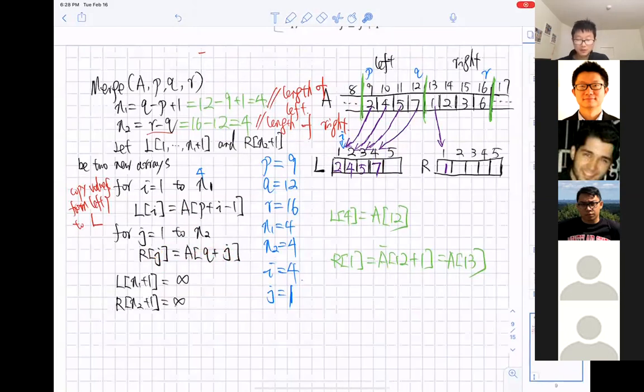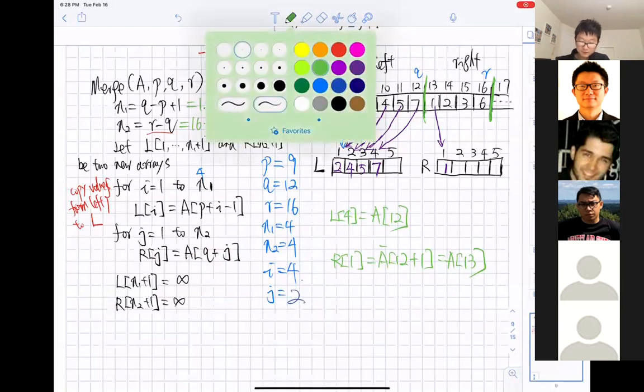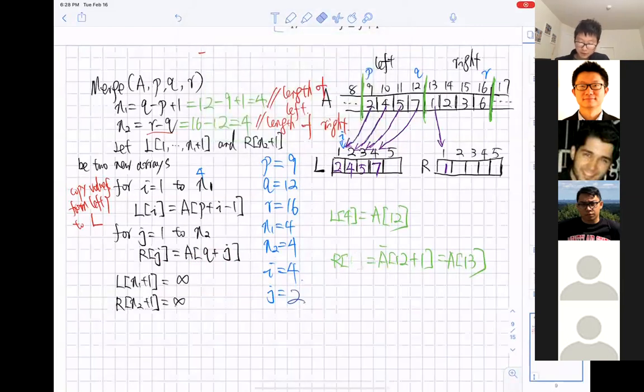So in the next iteration, when j reaches 2, it will be R2 equal to A14. We're going to copy A14 to R2. So the value that we're going to copy is this. And in the next iteration, we do this and this.